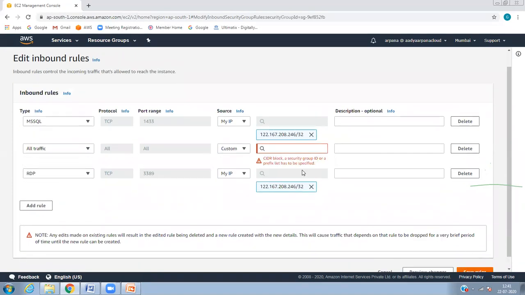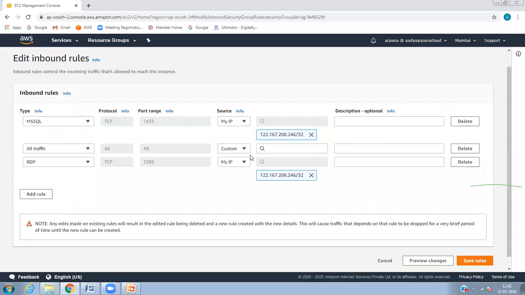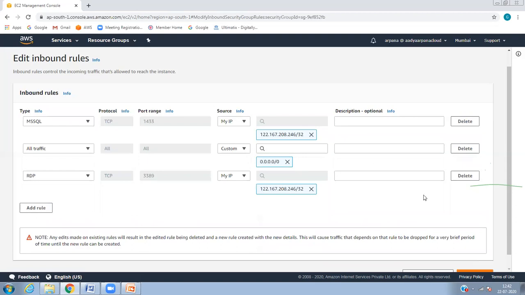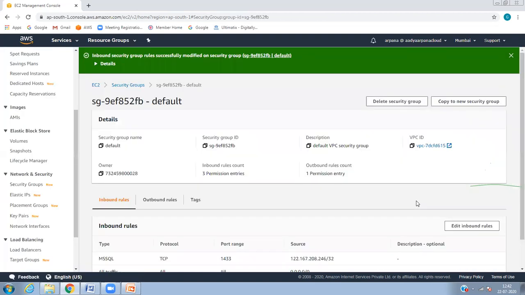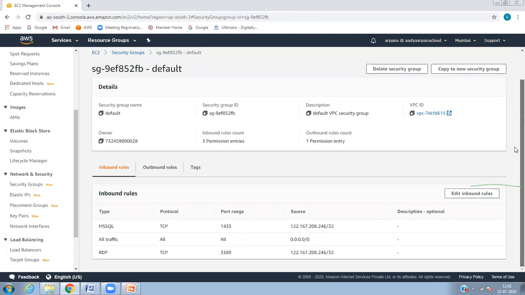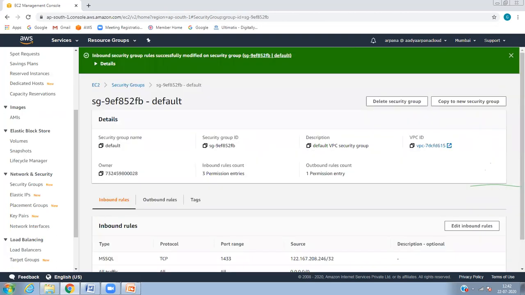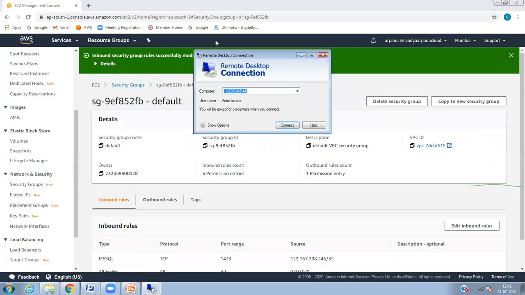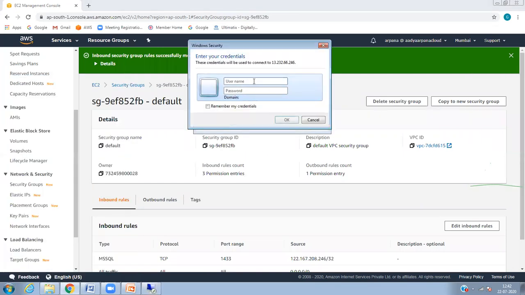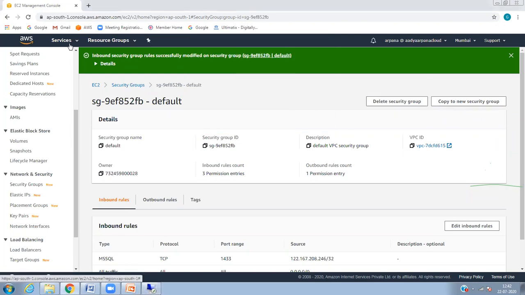I doubt this will work, because I didn't select the DNS name. However, let's see. So this I've downloaded. See, here I'm using this one, right? Okay. I will show you the difference later.